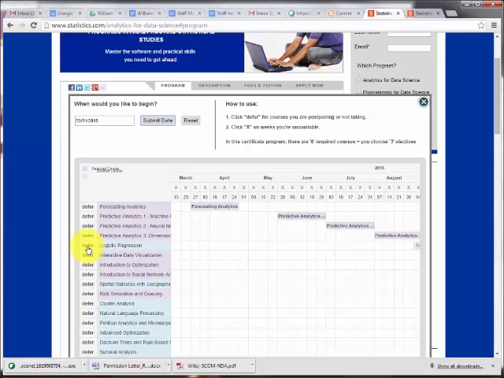Let's suppose you don't want to take the logistic regression course. That's an elective as indicated by the blue here, and you've decided, well, that's not going to be one of my 3 electives, so I'm not going to take that. You click on this defer button, and that takes logistic regression out of the mix and moves up survival analysis and these other courses. And let's say you also, spatial is not something you're going to take, so you defer that, and you end up with, you've already decided now that survival, cluster, and natural language processing are the courses that you're going to take, the electives that you're going to take,